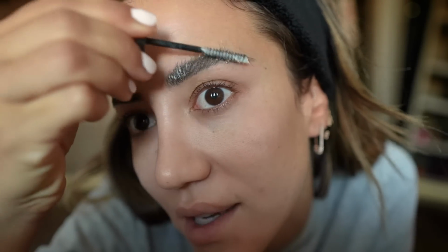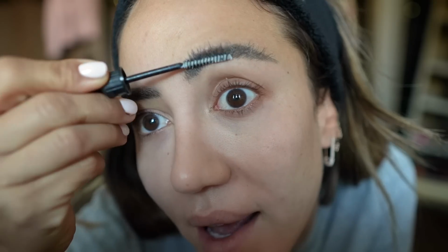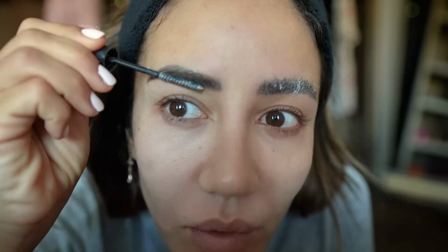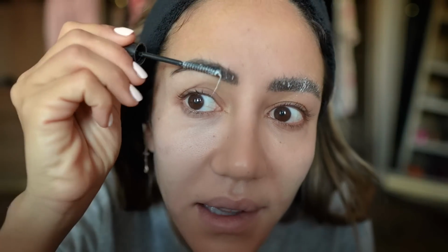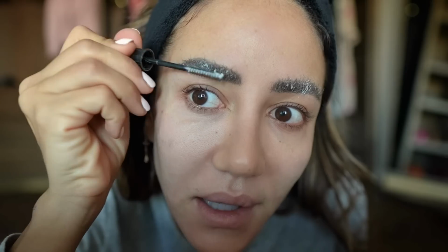Oh, but before we do that, I need to do my eyebrows because I don't like to do my eyebrows when I have foundation on. I know that sounds really weird, but somehow it gets in the little hairs and I don't like that. Like I told you before, I like to have them neatly combed, but not too up. For me, the beauty of eyebrows is that they're just neat, but not...